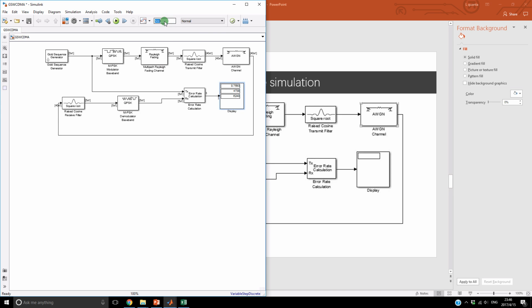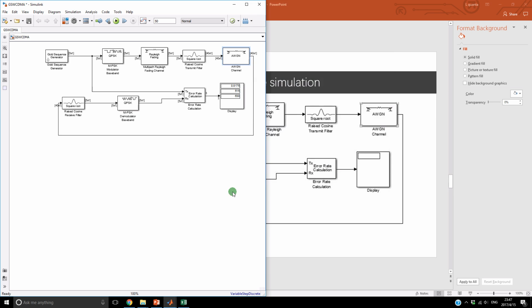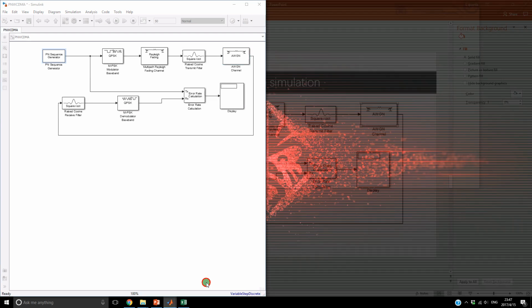Here I can set the simulation running time. At first I set it as 50, and then I can click run, and then I get the result. As you can see, every time I change the running time, the result will be different. And every time I change the SNR, the result will be different too. And I show you the